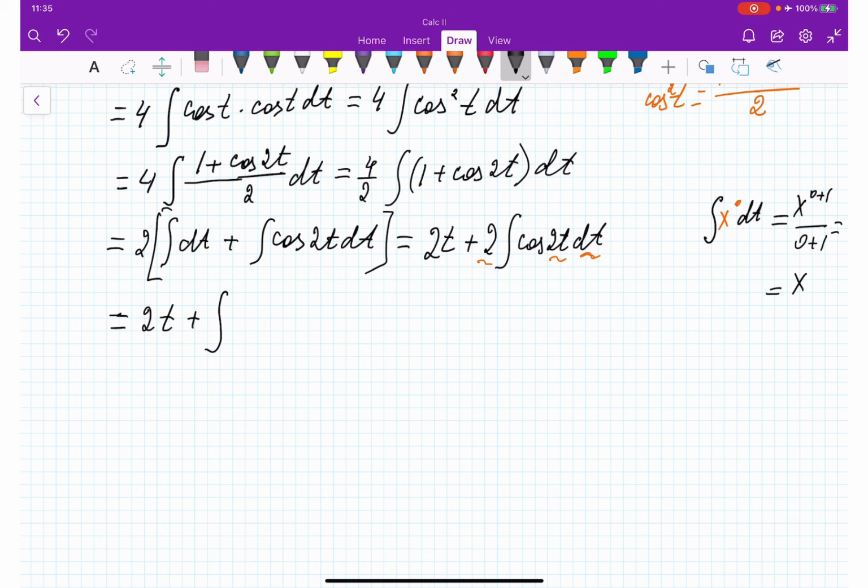These two go under the integral: cosine 2t dt. Now, these two I can multiply either by cosine 2t or by dt. I'm going to multiply by dt. Look what I'm doing. Integral of cosine 2t